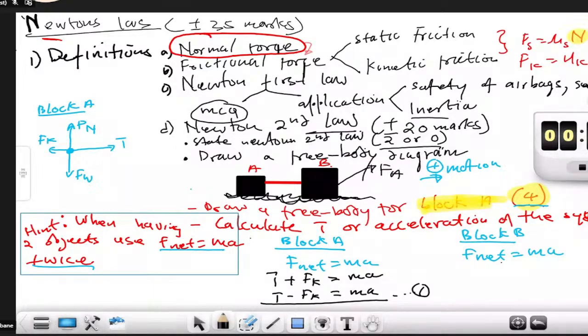Ladies and gentlemen, thank you very much for now digesting everything. Can we apply this now to block B? Of course we should. We should be in a position of actually applying this to